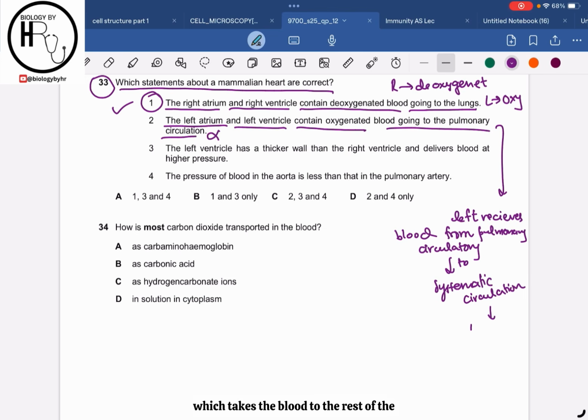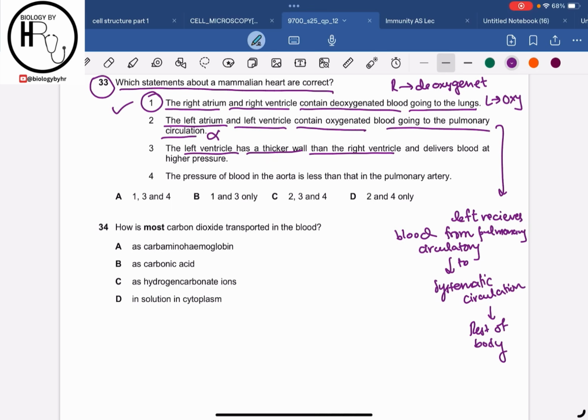Which takes the blood to the rest of the body. So this statement is incorrect. Then statement 3 says that the left ventricle has a thicker wall than the right ventricle and delivers the blood at a higher pressure. So yes, this statement is correct, because obviously the walls of the left ventricle are thicker as compared to the walls of the right ventricle,